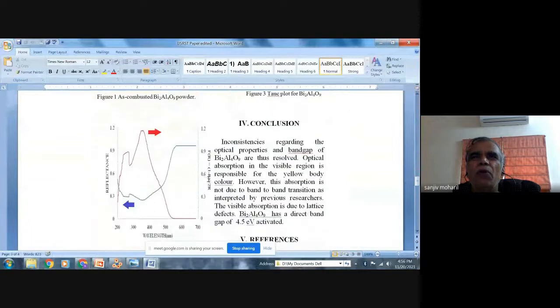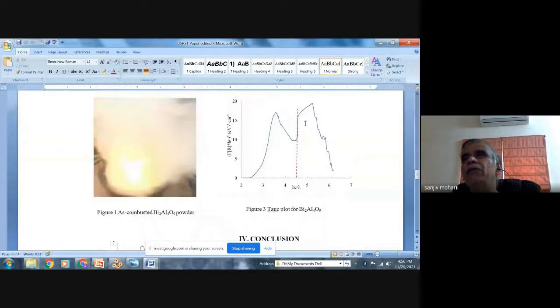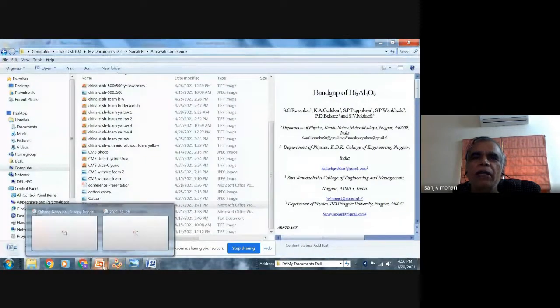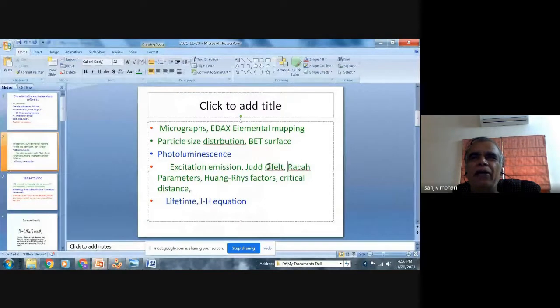Yes, this is the Tauc plot. So from this, I can calculate the band gap value as say 4.6 electron volt. So this is one additional measurement from reflectance spectra.